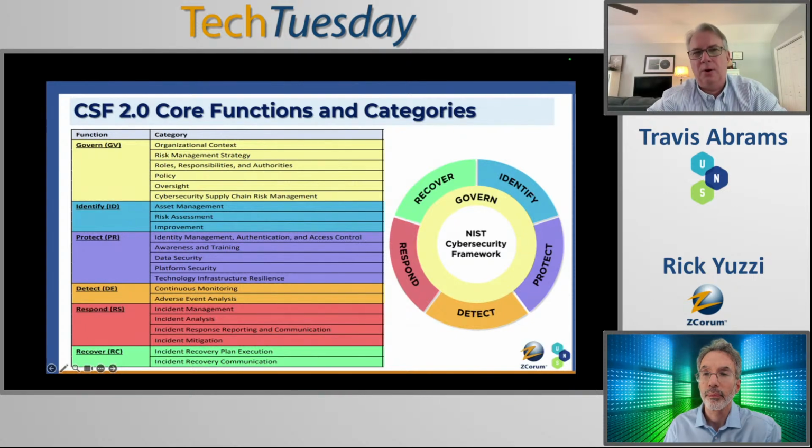One area I want to point out here, though, is under govern. And that's the cybersecurity supply chain risk management. This is one area that is separate. And if you look at like the BEAD funding applications and some of those, it was listed as a separate requirement. But now the cybersecurity supply chain is included under CSF 2.0. That's helpful, but it's still very confusing for organizations, because if you're not building products or you're not a software developer, then what is supply chain to you, right?